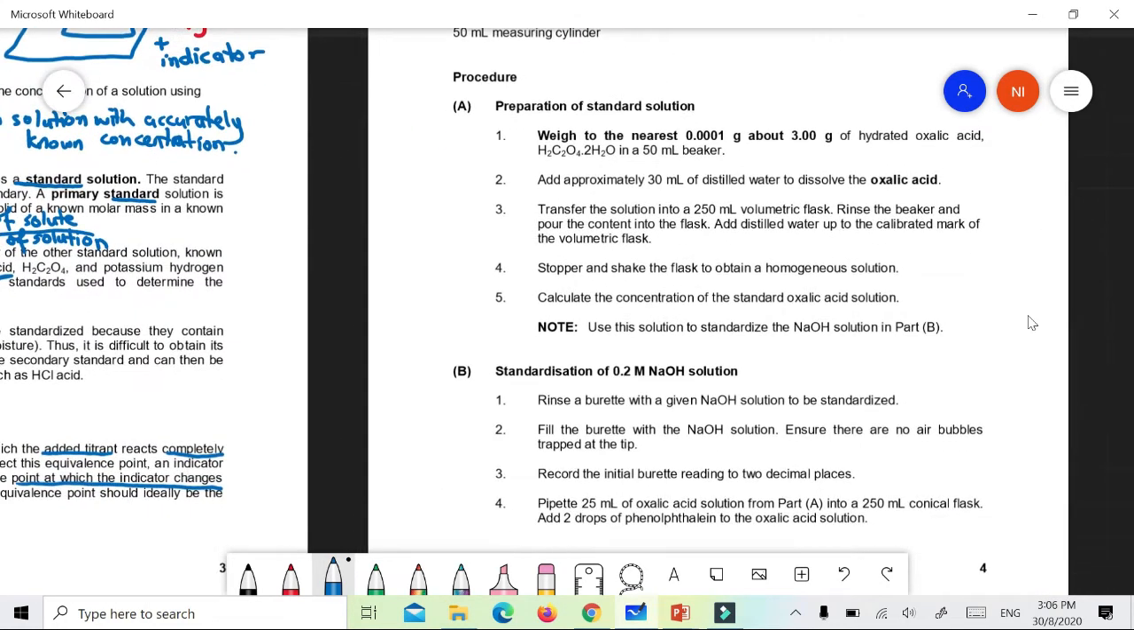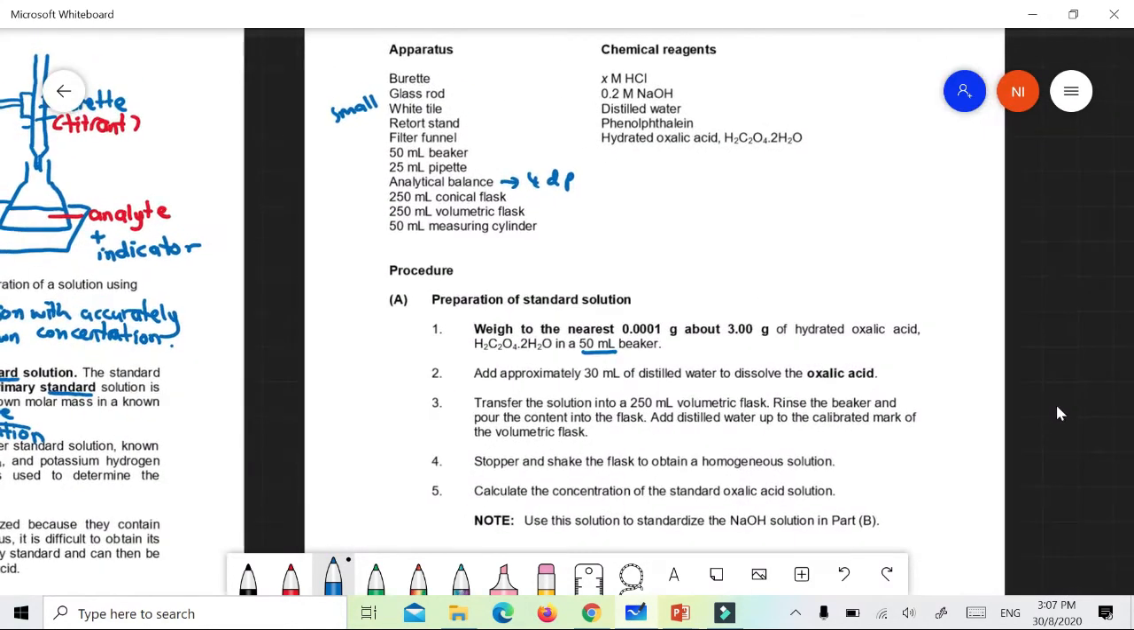So let's have a look at the procedure. For part A, preparation of standard solution. First thing first, you need to weigh to the nearest 0.0001 gram, about 3 gram of hydrated oxalic acid in a 50 ml beaker. That means you must get a 50 ml beaker and put it on the weighing scale. The weighing scale is going to show the mass of this beaker. Then you need to tare. Tare means the reading will be back to